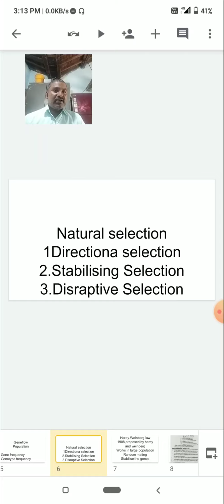So in that area, the melanic forms are camouflaged. They cannot be seen by the predators. So the melanic moths are protected from predators. In Birmingham, non-melanic forms are easily seen and captured by the predators. So here in Birmingham, black melanic forms are selected.